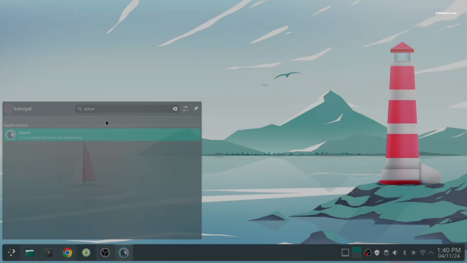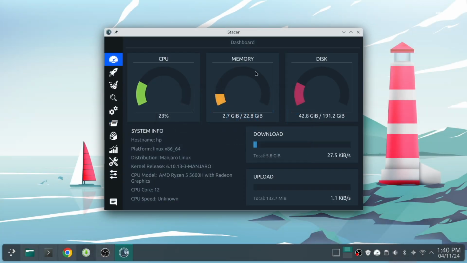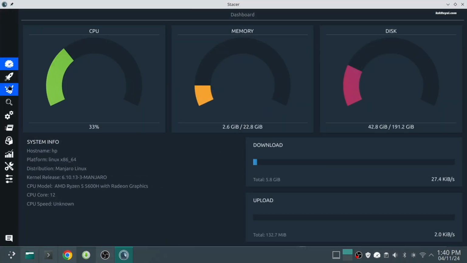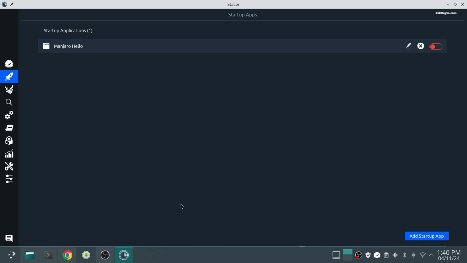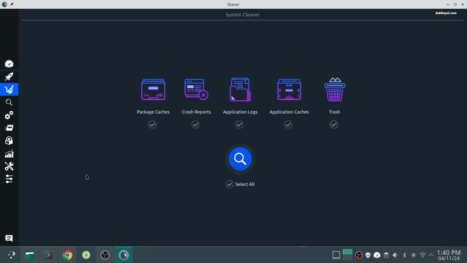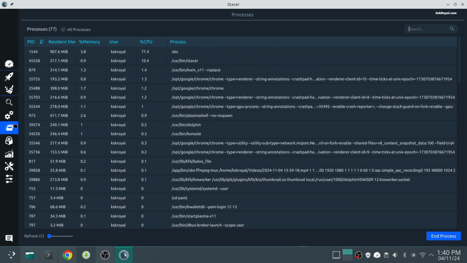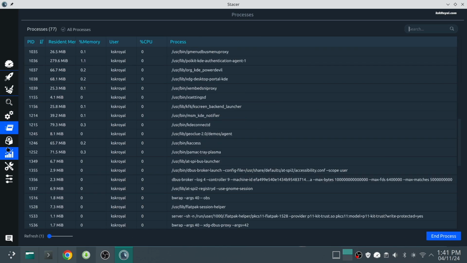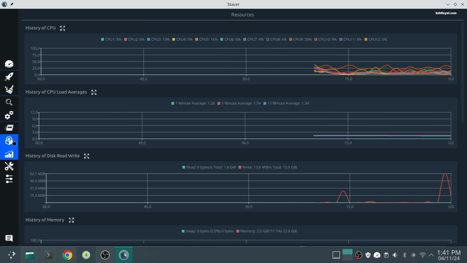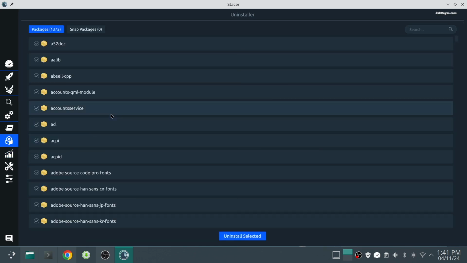Stacer is an open-source system optimizer and application monitor that helps users manage the entire system in various aspects. Stacer is an all-in-one system utility that allows you to manage system resources, software management, disk monitoring, daemon services, startup applications, and much more.